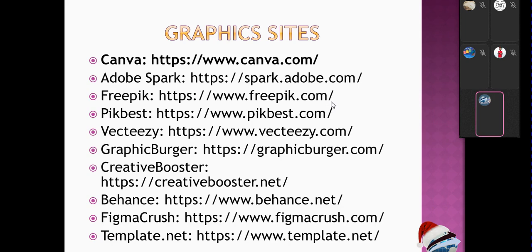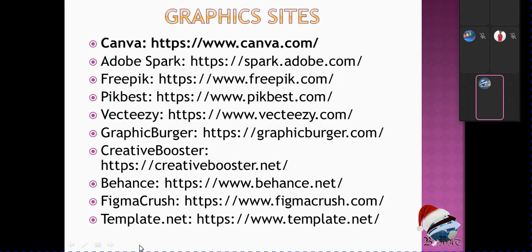Now you have to understand that there are some sites that actually help in graphics nowadays. Graphics actually entails that you think deep. You have to think deep to understand what you need to do. You have to have a kind of focus, a kind of creativity in your mind. You understand? When somebody wants to do any graphics, you have to think of something, then you come to the system to actually design what is in your heart.